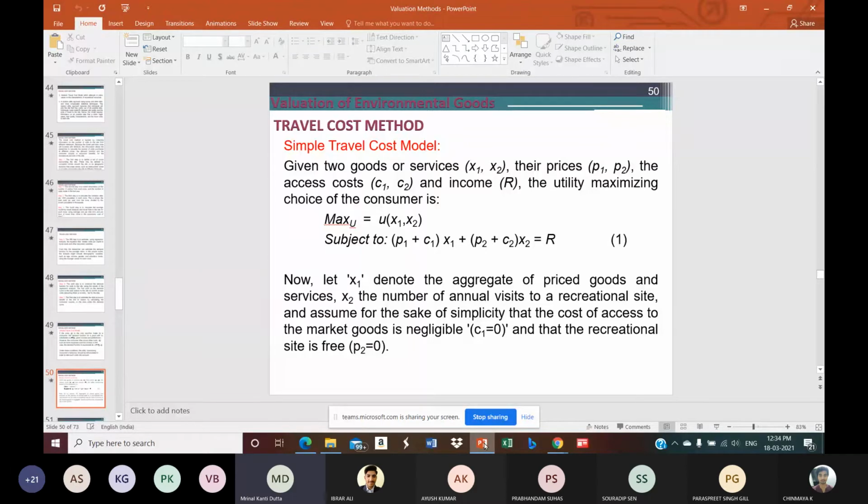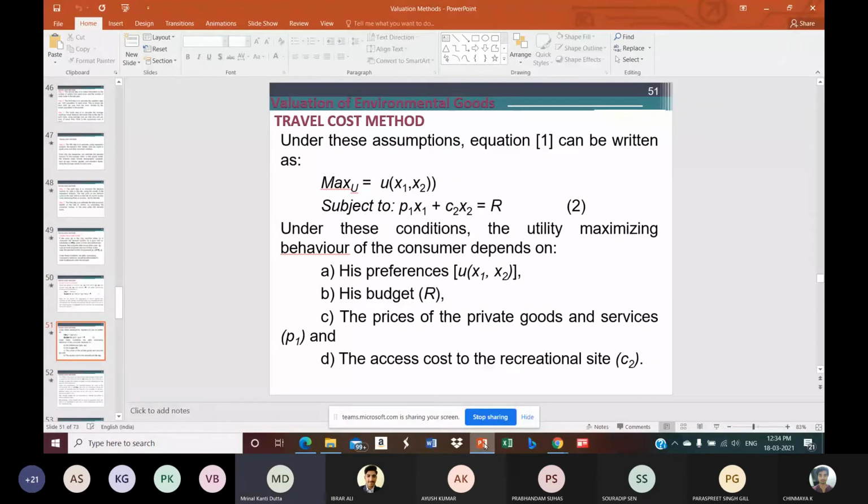And for the sake of simplicity, it is assumed that the cost of access to the market good is negligible, so C1 is considered to be 0. And the recreational site is free, so there is no cost involved in accessing the recreational site. So P2 is equal to 0. In that case,